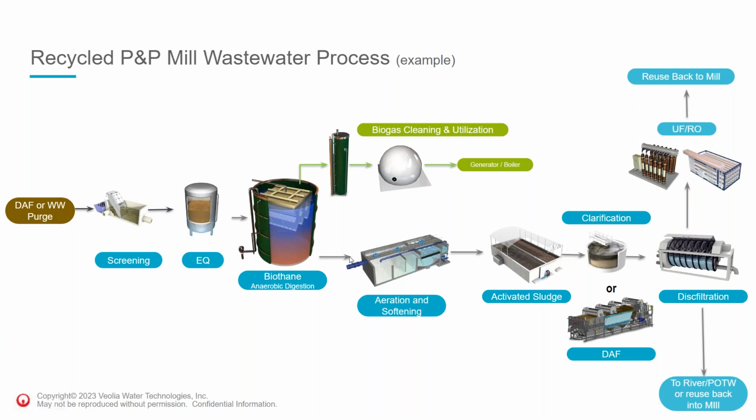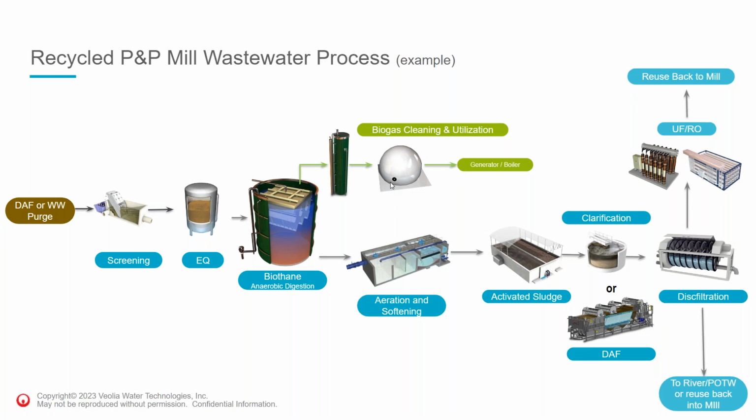Biogas scrubbing and upgrading. We've discussed biogas extensively in this webinar, especially as it pertains to the investment tax credits, or ITCs. Biogas must be beneficially used to be able to apply for these tax credits, not just flared. For example, used to displace natural gas fed to a boiler. Raw biogas contains hydrogen sulfide, or H2S, which is oxidized to sulfuric acid in a combustion device, for example, a microturbine, engine, or boiler. Veolia's Sulfothane desulfurization technology scrubs the biogas to remove H2S to very low levels prior to